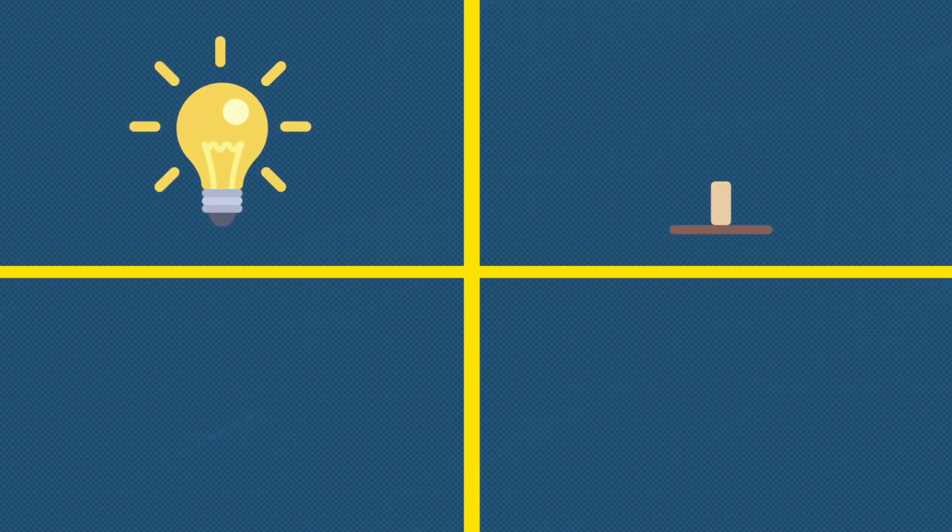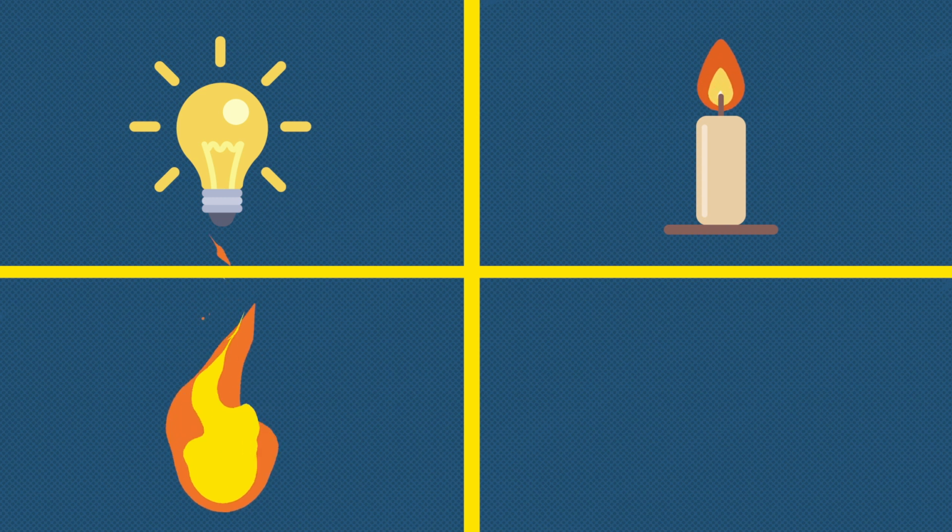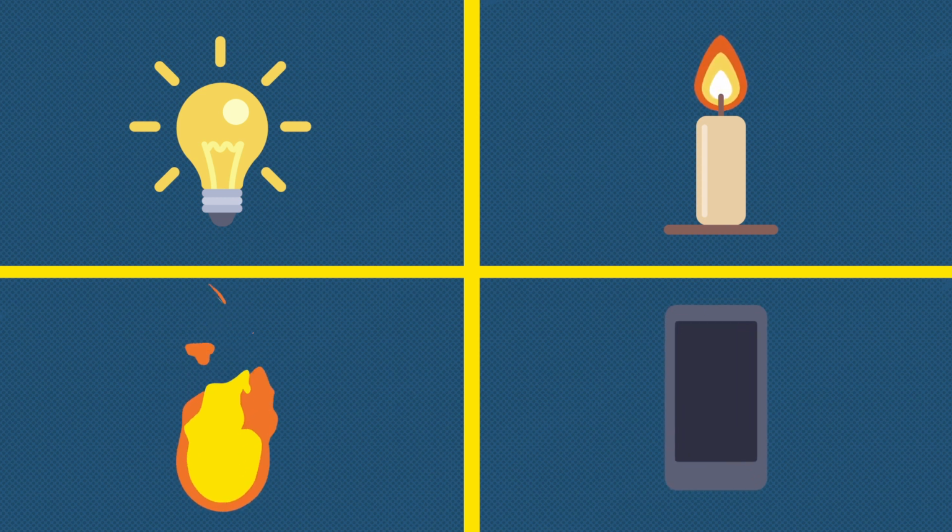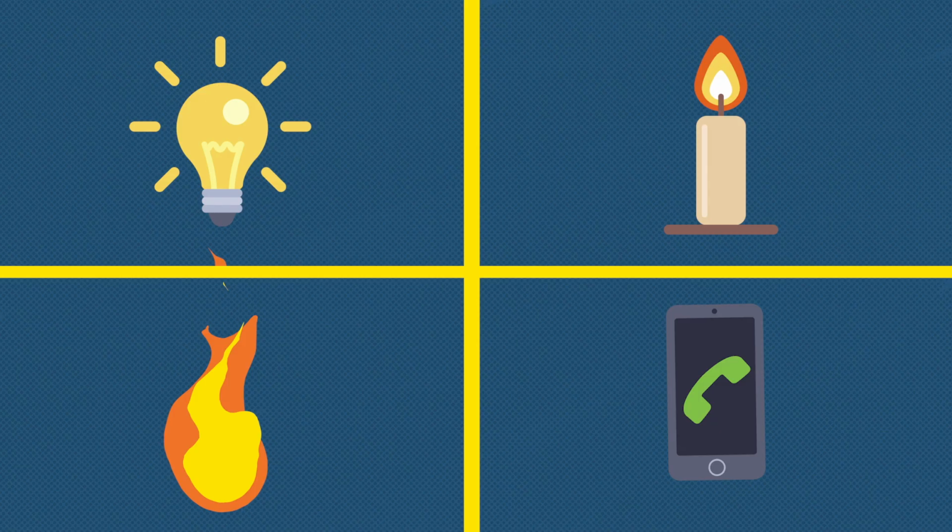Electric bulbs? Yes. Candle, fire, right. Even our mobile phone screen is also a source of light. What do you think is the biggest source of light for our planet? Think. It's very far from us. It's very big. And we can see it every day on the sky above us. Right? The sun. Oh, let me get my sun hat on. Good.